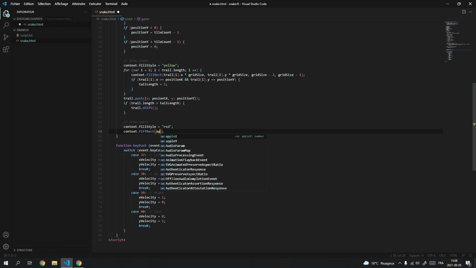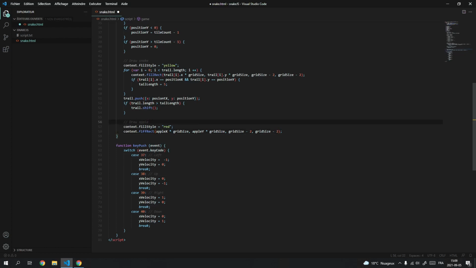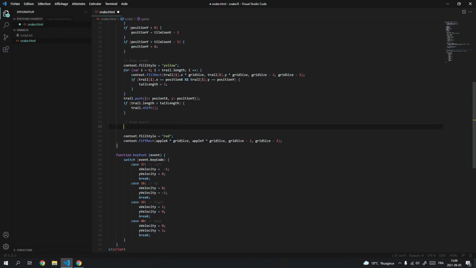And let's draw it at apple X times grid size, the same as before, apple Y times grid size, and then grid size minus 2 and grid size minus 2. All right, cool. Now, we drew the apple, but when the snake actually hits the apple or eats it,